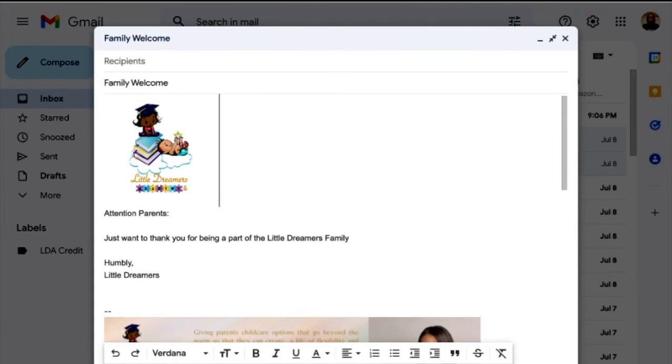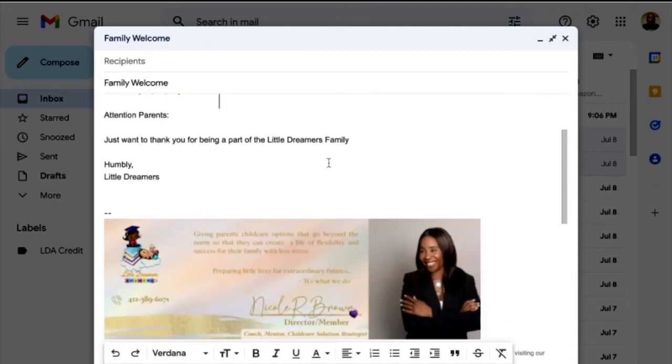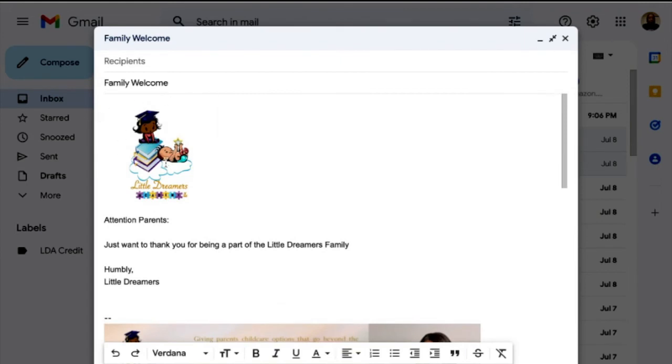One of the things that I do have in my other templates in my other email is the year-end statement that parents always need for their taxes. So I have that already planned out, written out, and everything. I just have to come in and put the information in that pertains to each family. But I don't have to type the entire thing over again. And as you see, I don't have to do that signature over again. It's already there. I don't have to do my logo over again because it's already there. And this is one way to save massive time